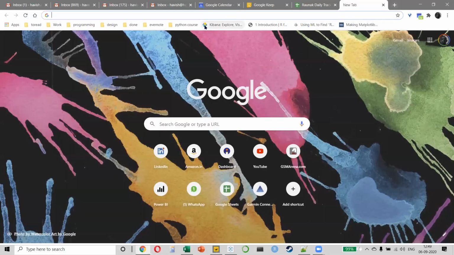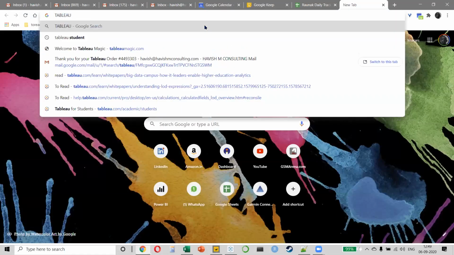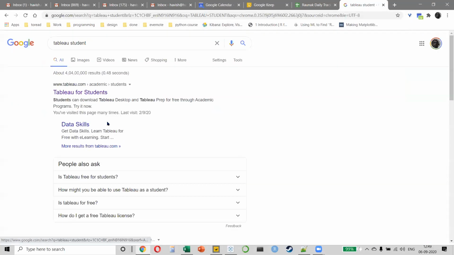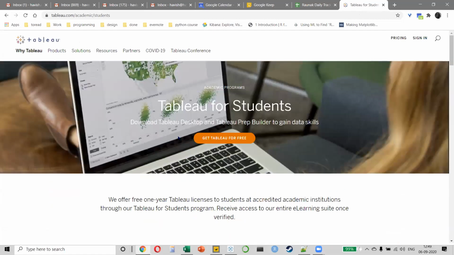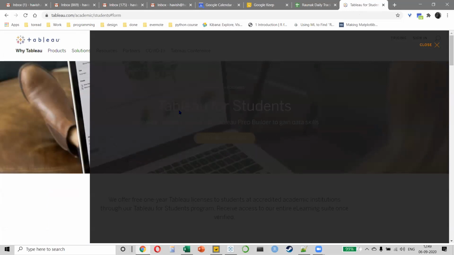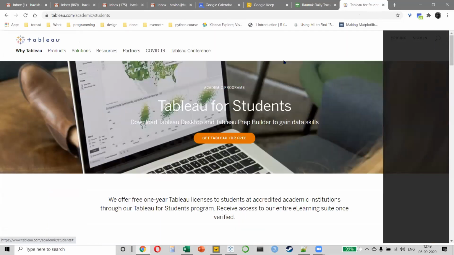One option is you will go to Tableau Student, right? So Tableau for students, I think is available for, I think Shadman will be able to tell you this, maybe for 1 year or for 2 years, something like that. So basically you just have to put in some student details here using your official ID, and they give you a license for 1 year, right?